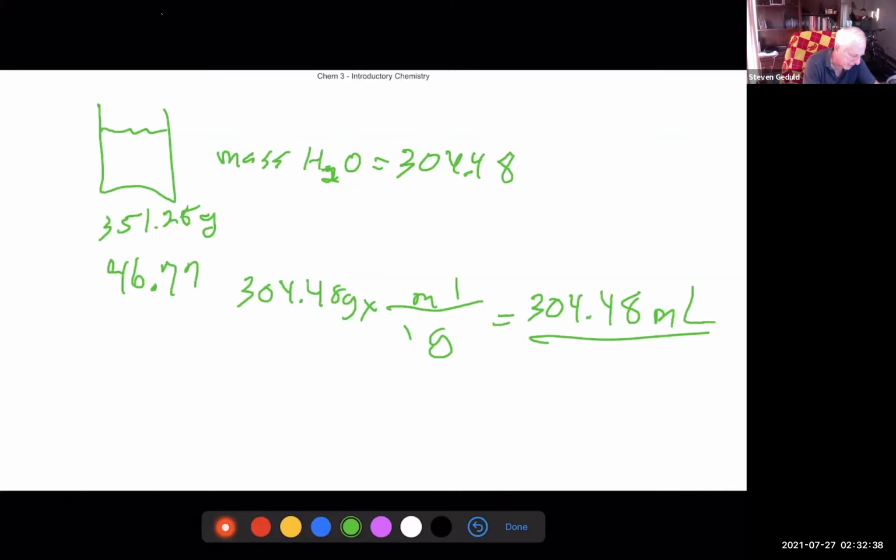So you would have the same volume. So you would have 304.48 milliliters of mercury, right? You have the same volume. And the mass would be, how much would the beaker and its contents weigh? So the mass of mercury would be 13.5 grams per milliliter. So 304.48